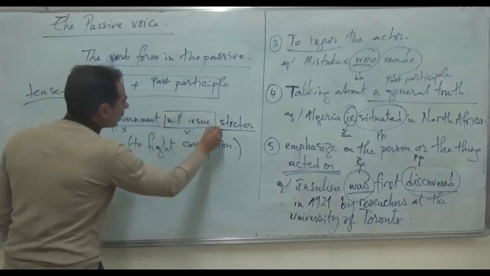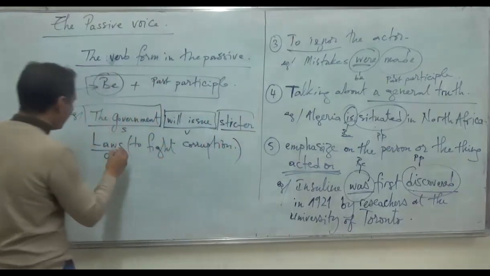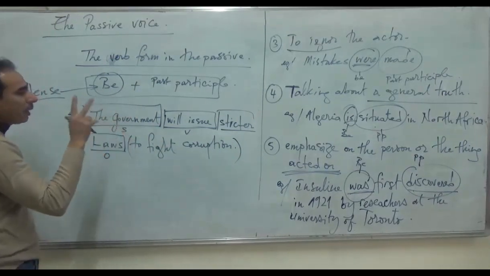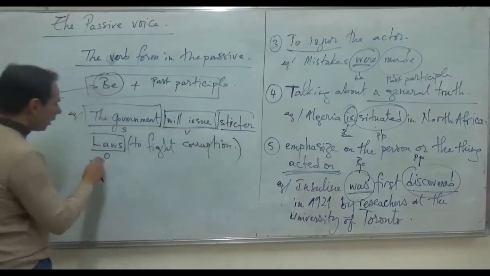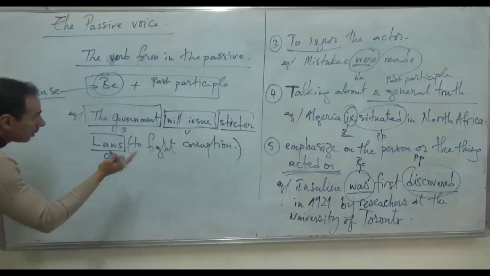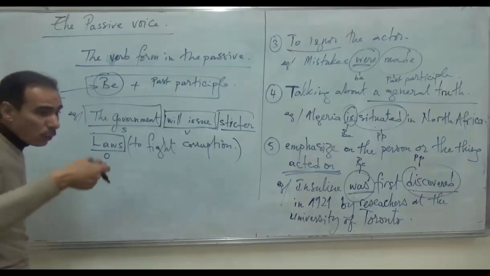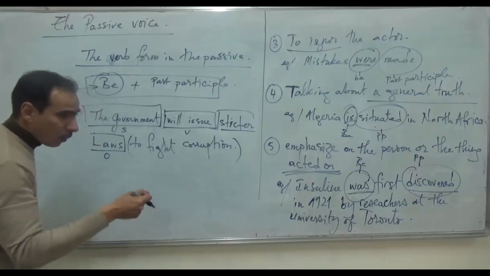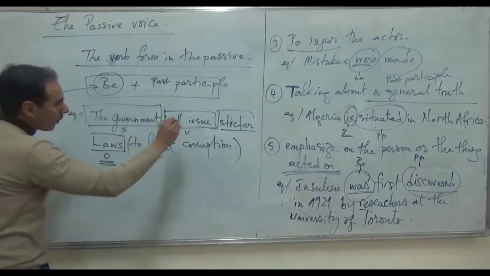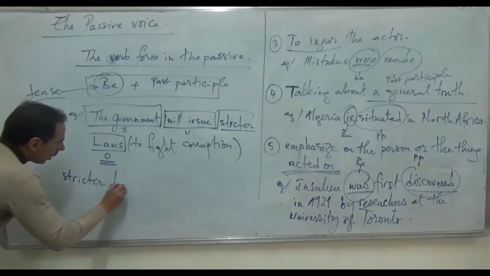So what I need to keep my sentence correct in the passive voice are three elements: the subject, the verb, and the object. If I want to transform the sentence from active to passive, I need to, of course, focus on the person or thing acted on. So the person or thing acted on is the object. Here it is a thing, stricter laws. Now, stricter laws